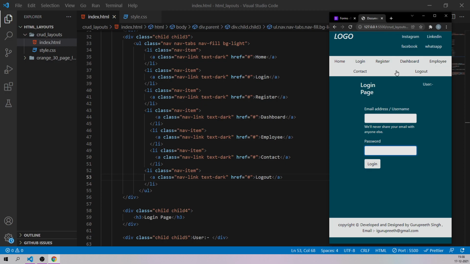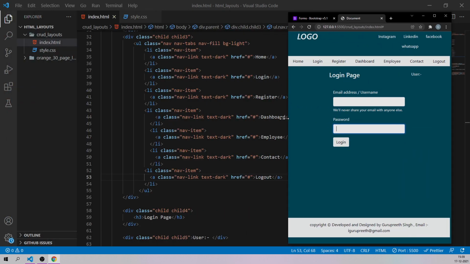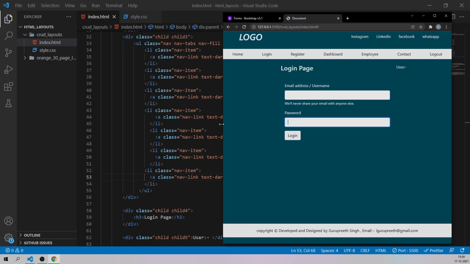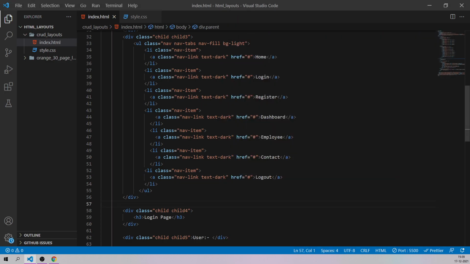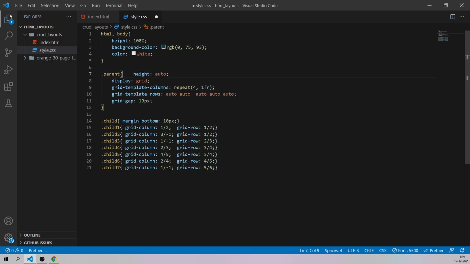Instead of doing it like this, we can properly match it using the @media code. For that, let me come to the CSS file, and first let's get rid of these extra white spaces. Let me just do it like this.